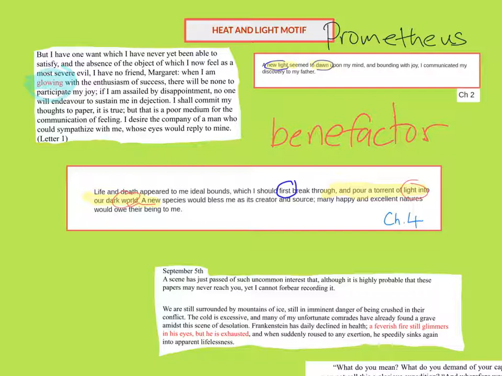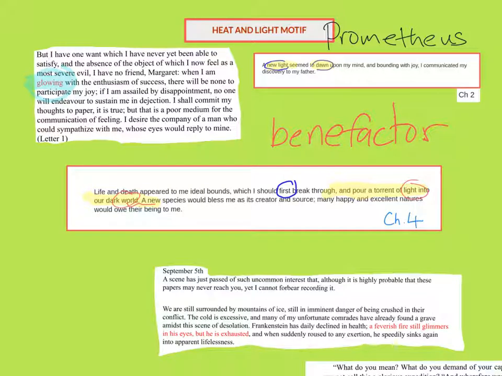So I used the word benefactor a minute ago, as though Victor has left some legacy of some watershed moment in mankind's history where he can now, I'm paraphrasing Victor here, defeat death and conquer mortality. So he's a pioneer, like in later years, I don't know, Alexander Fleming, Crick and Watson for cracking open the mysteries of DNA, all these kinds of things. So he is being presented by himself. Shelley is having Victor present himself in such terms as a benefactor, but this is clearly not the case in